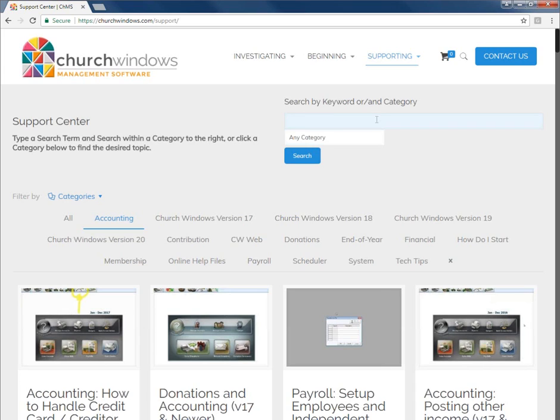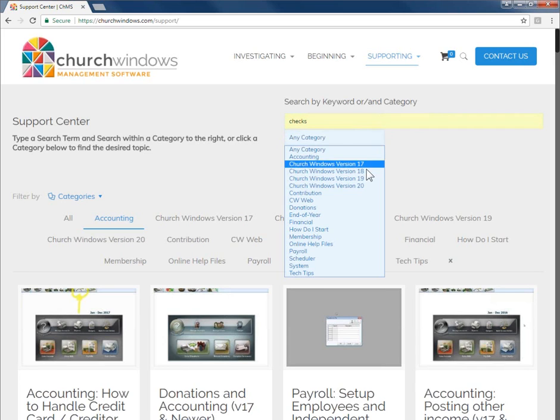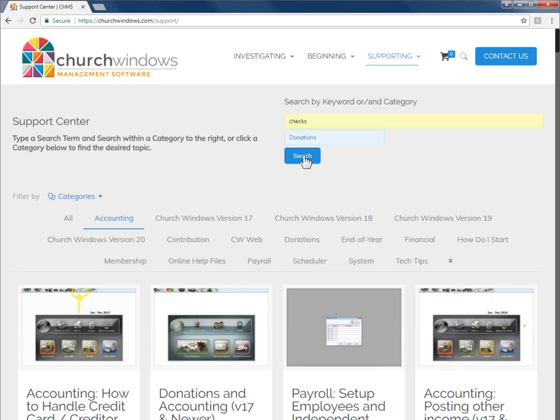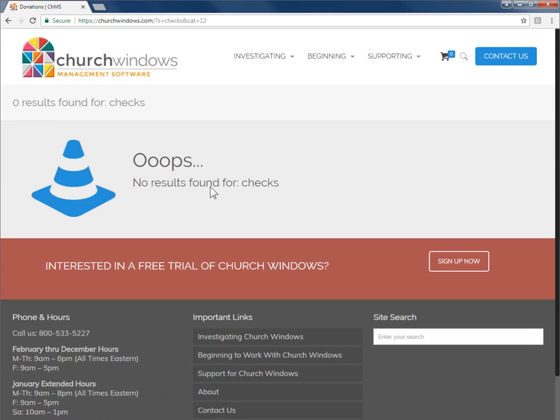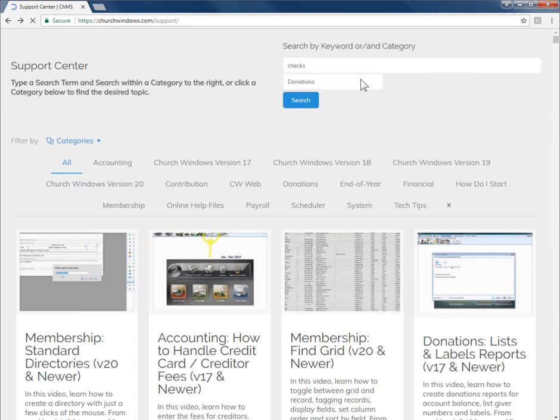Let's use my example earlier of checks. Let's say I want to learn only about checks in the donations part of the program. I'm not even sure if anything's going to come up, but we'll find out. There actually isn't a result for that. Nice. Well, that's what happens if you search a little too specific or for something that doesn't exist. But I bet there is something for checks in